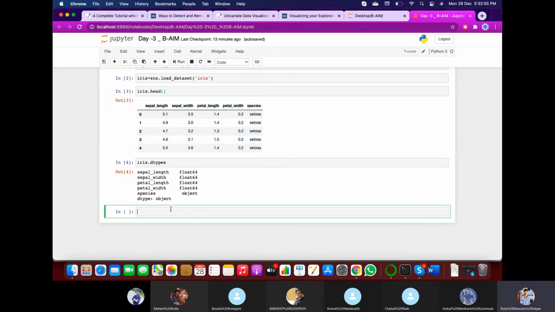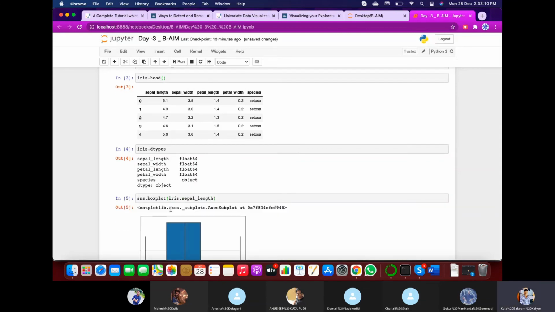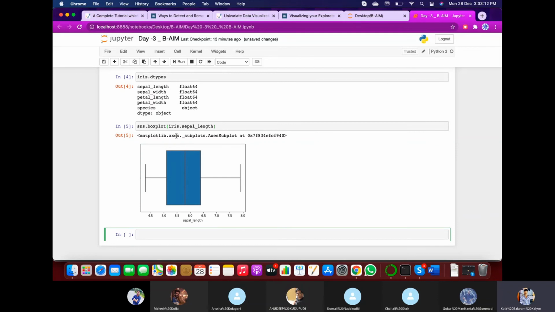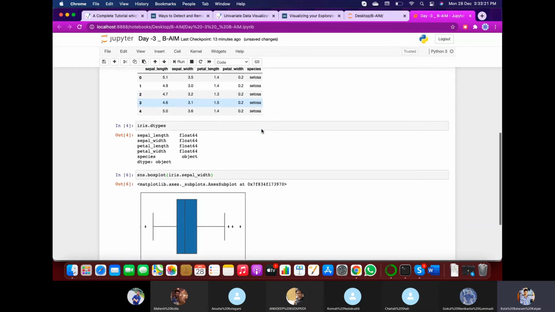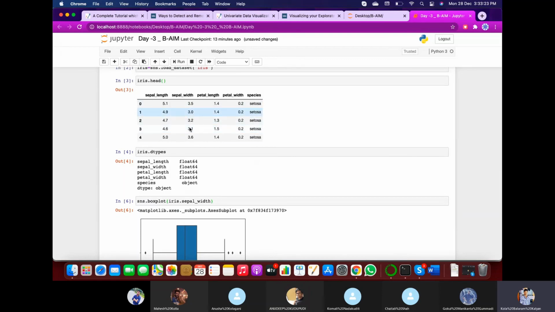For sample purpose, I can show you sns.boxplot of iris.sepal length. So you can see the box plot of sepal length. Let me draw it for sepal width. So you can see the box plot for the sepal width here.